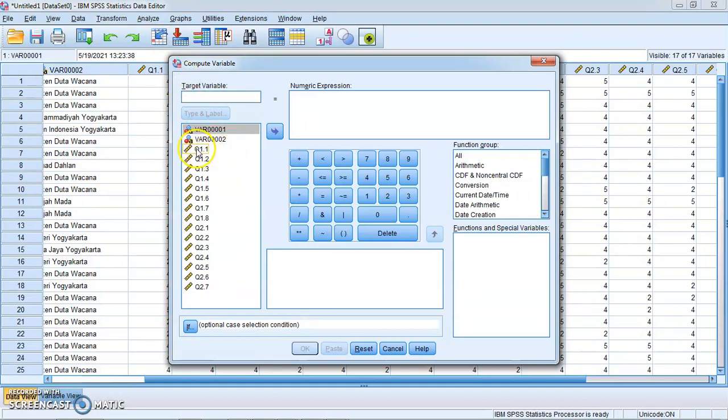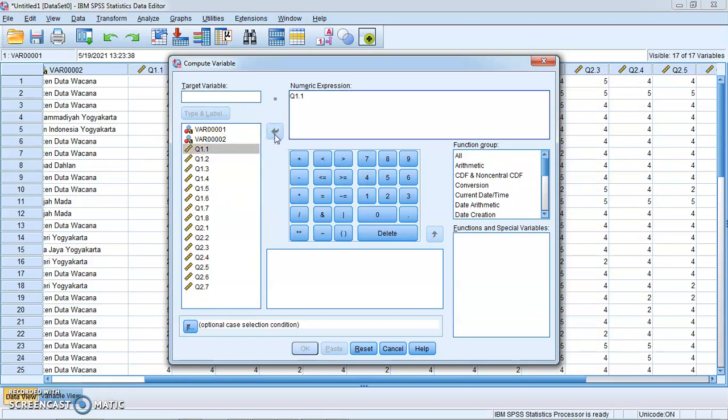As you can see, first we add the items, question 1.1 until 1.8,